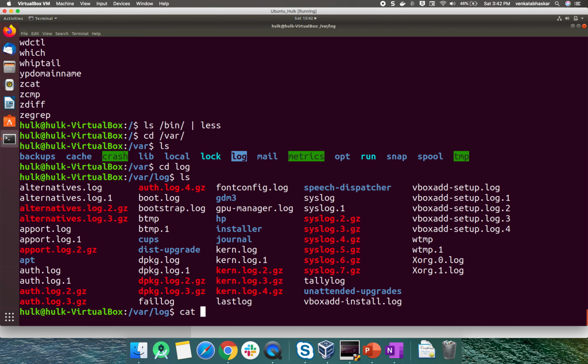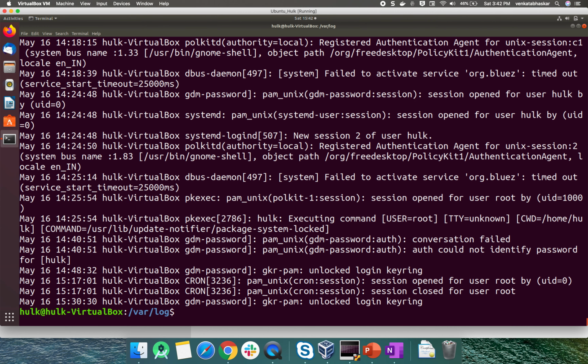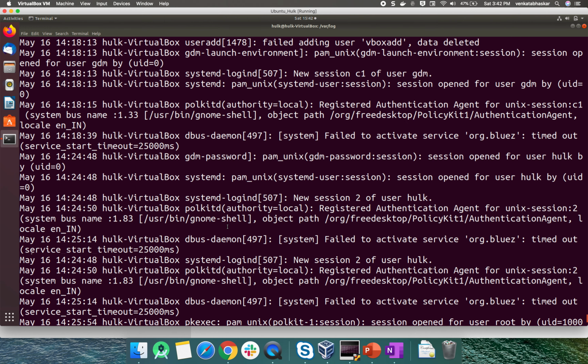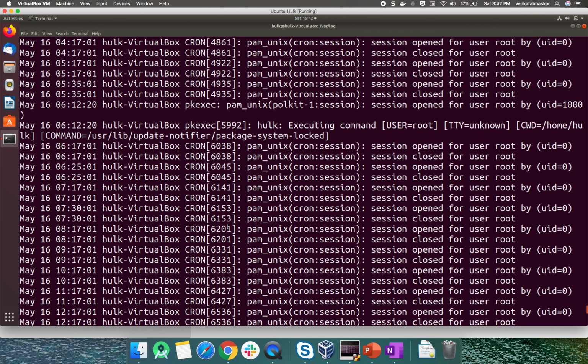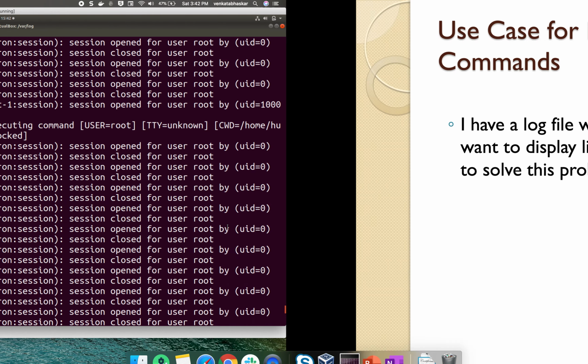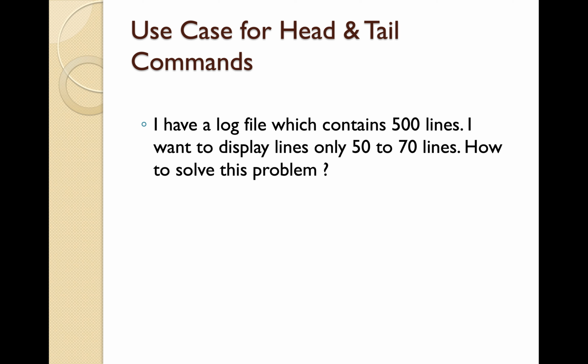I want to display auth.log, so I'm displaying this file. We have a lot of content, right? If you move to the front, we see a lot of lines. But if you want to see only a certain number of lines, you can resolve that issue. That is one point.